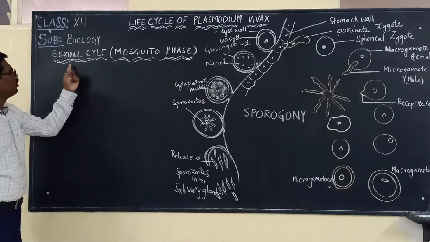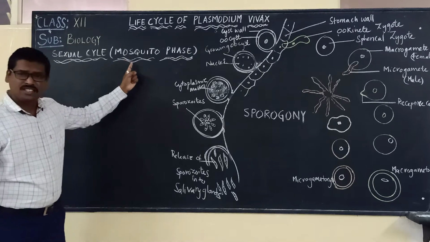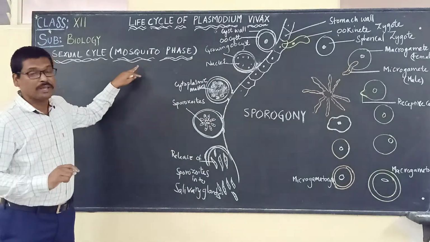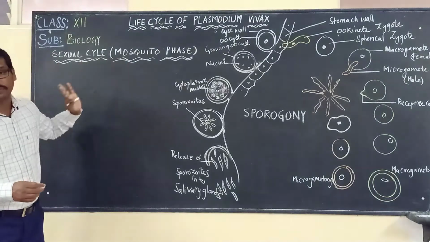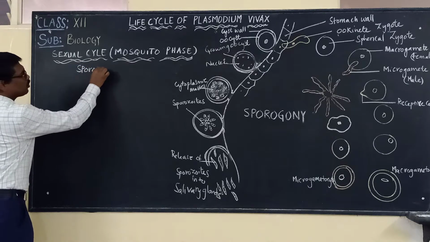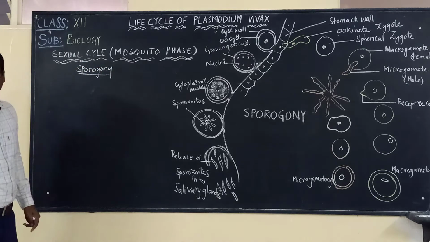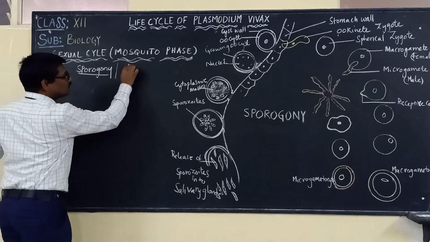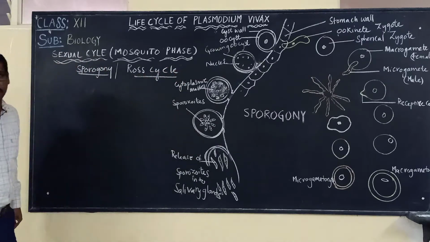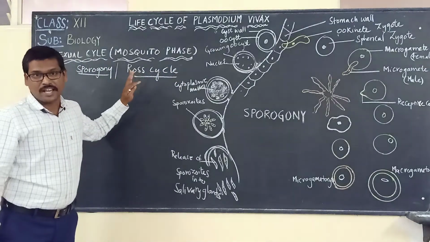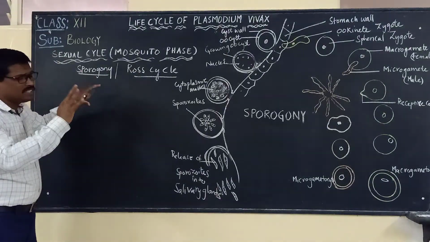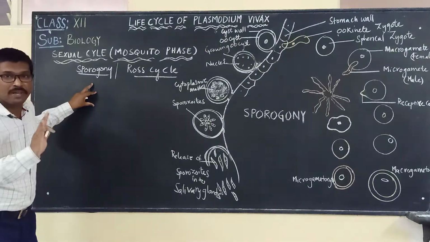We will study now the sexual cycle, or in simple terms we call it the mosquito phase. Please remember, the female Anopheles mosquito. This is also called the mosquito phase, or sporogony in the female Anopheles mosquito. Or otherwise it is also called the Ross cycle. Please remember this, it is also called the Ross cycle. So here we are now going to discuss how this sexual cycle is taking place in the female Anopheles